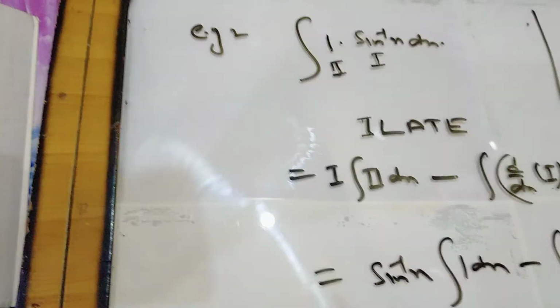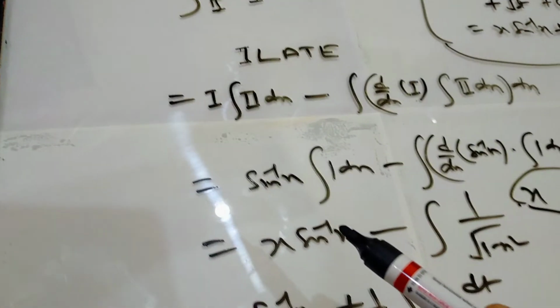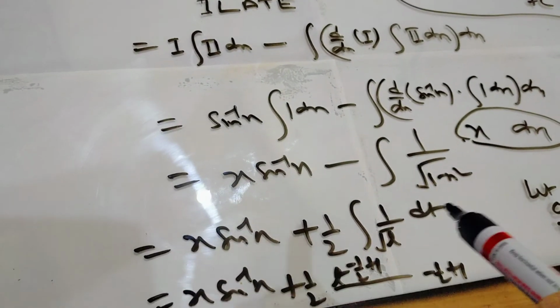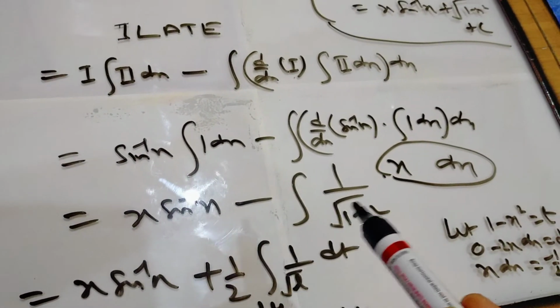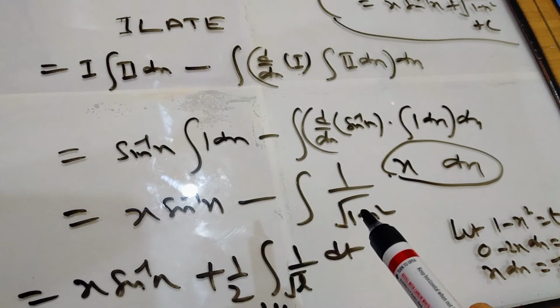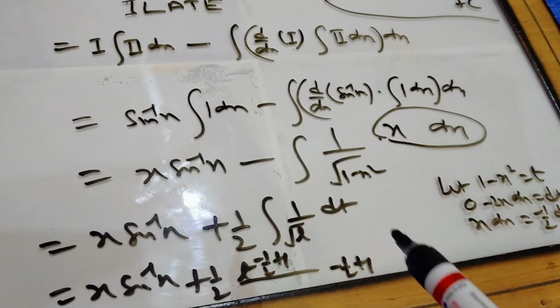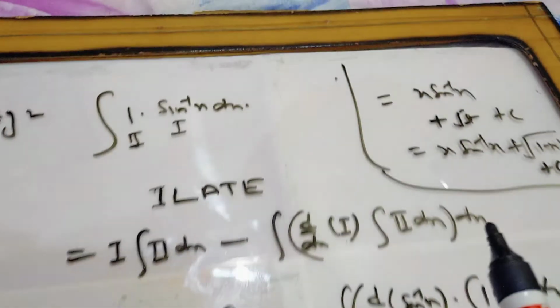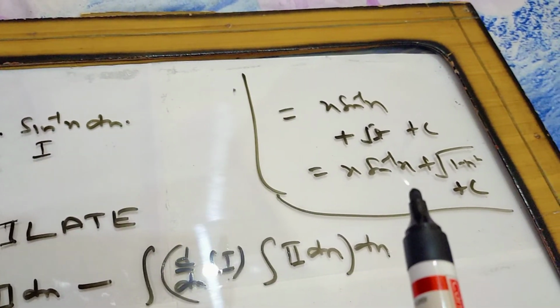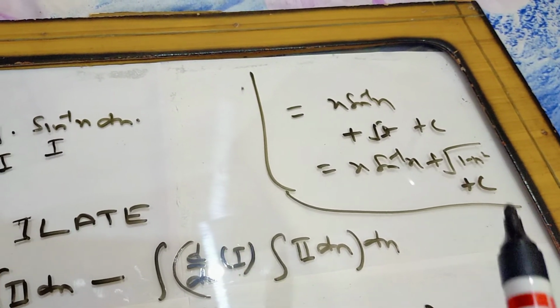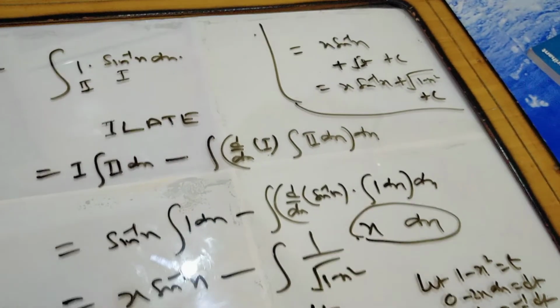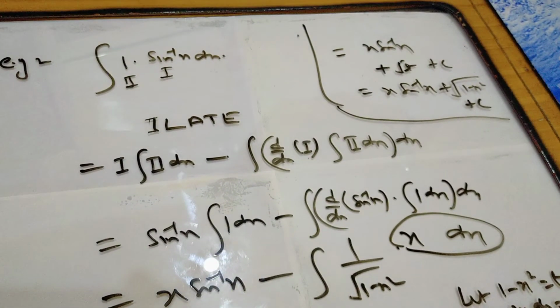Look here, the question was this, we applied the by parts simplification. Then it came to the position where we have to apply the method of substitution. After using the method of substitution, we got the final result x sine inverse x plus under root of 1 minus x square. So today you will solve this exercise, this concept along with the exercise.